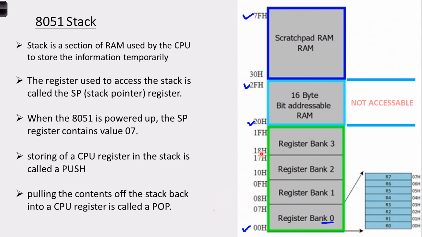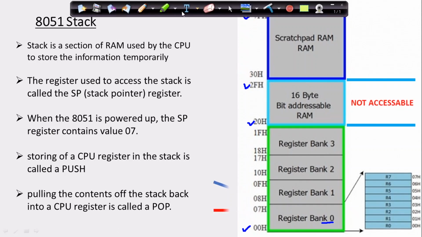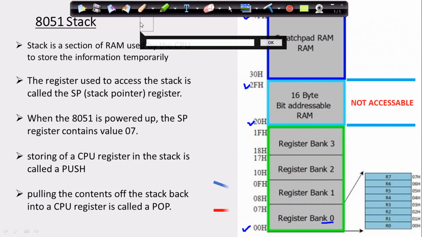Okay, so if you take something like this, now if I want a little more memory, because 18 bytes of memory is not at all sufficient for me. Suppose there is a condition where these 18 bytes are not at all sufficient, then what I can do is make use of these 30 to 7f hexa. How can we make use of this 30 to 7f hexa? By loading our stack pointer with what? I'll be making use of